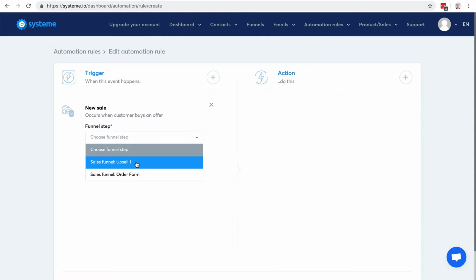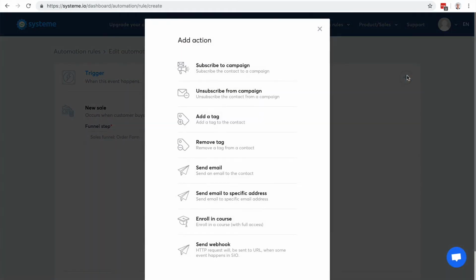So I'm going to choose this one. That's the payment page I created inside of the sales funnel to sell products. So when a new sale happens on this particular page, I'm going to be able to create some actions. But again, this is a specific case because, as I showed you, it's better to use resources. Actually, I don't think I can use some actions because it's going to tell me that I should use resources instead. So they're automation right into a page, but only for payment page, because they're going to